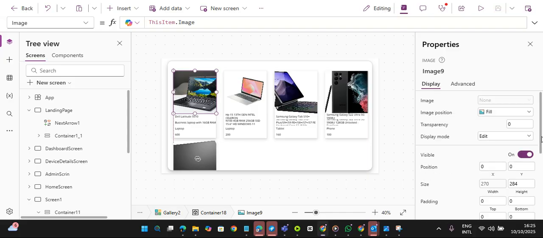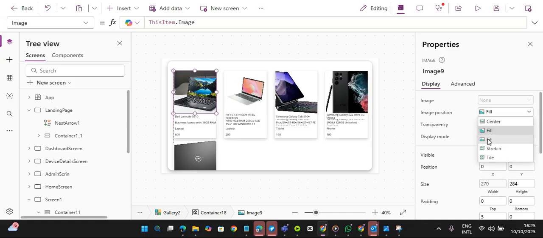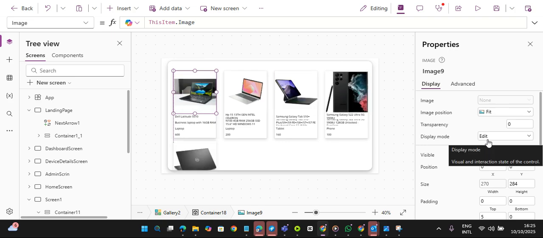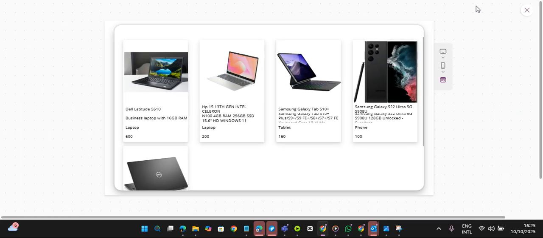So this is what we have. So let's set it to fit. Yeah, if you play this is our card. You can see how easy it is